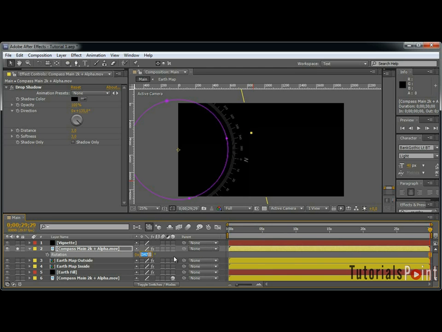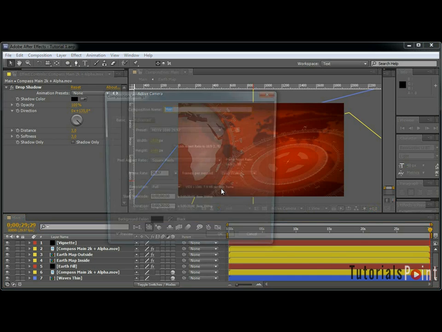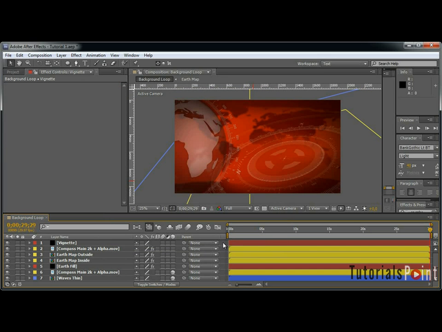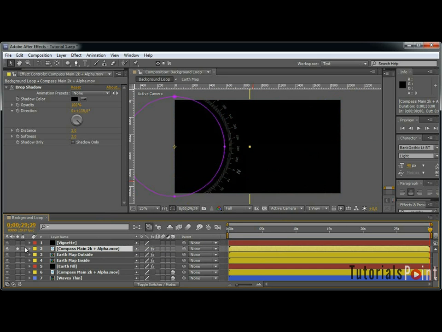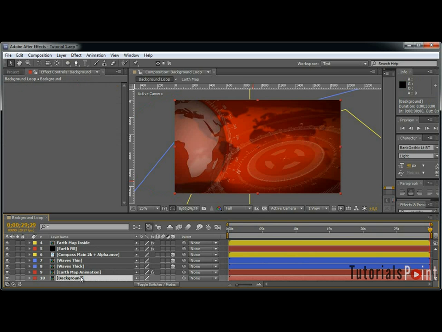But for now I'm going to leave it like so, and let's rename this composition to background whoop, even if it's not whooped, because this is a pre-rendered element with movement already, so you can see it's not whooped, but everything else is whooped except the compass. And one final thing for the